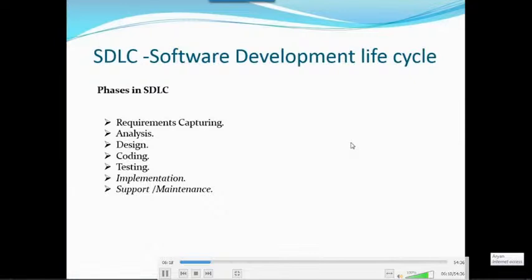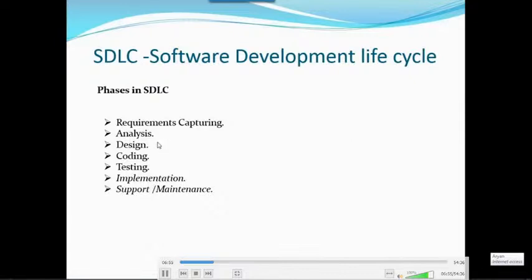Once we got the requirements, what will we do? We will not go immediately to testing. What is the next phase? Analysis, whether we can do it or not. All the work we cannot do, right? Whenever we get the requirement, we need to go for analysis. In real time there is a lot of analysis, metric analysis, a lot of things. So we will not go for all the things. Once we got the requirement, then we go for analysis whether we can do it or not.